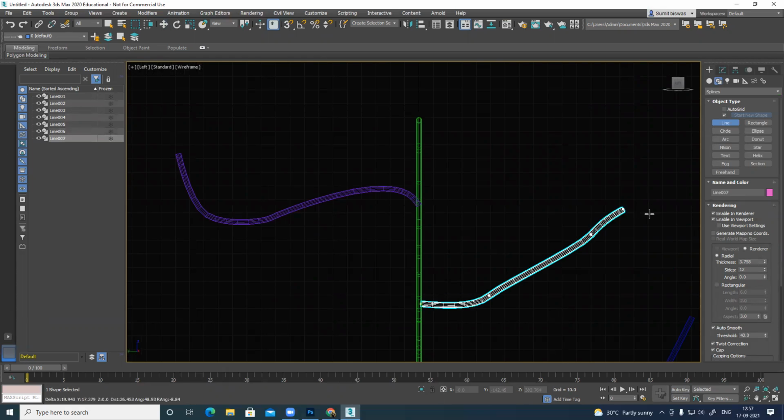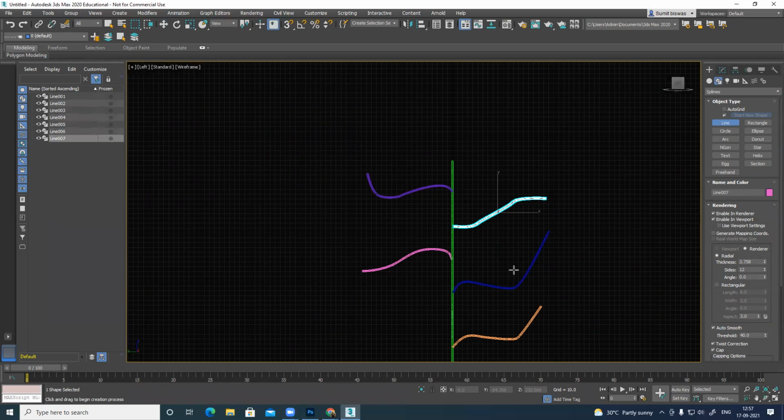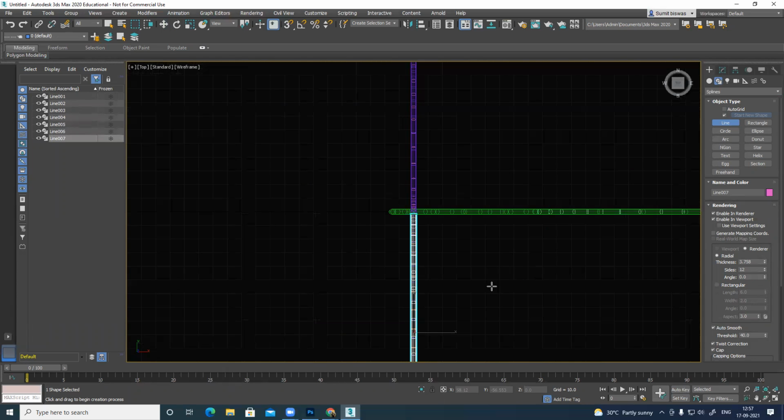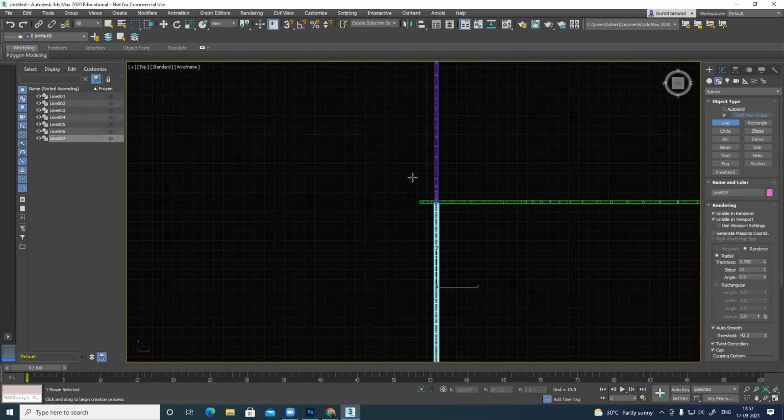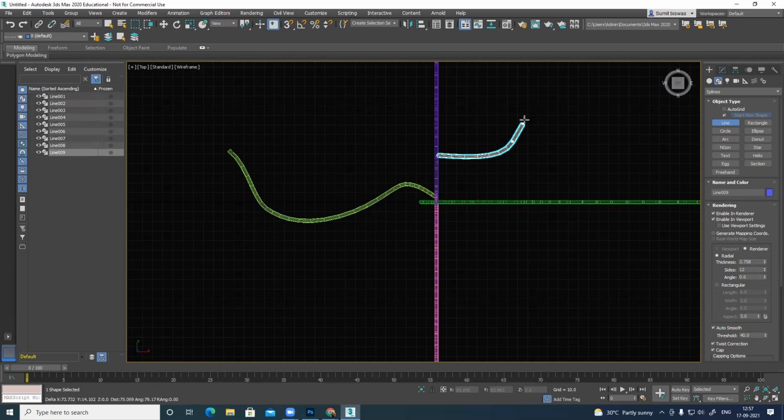Here just a small plant. And top view also can check, only 3 directions. All the directions are modified.